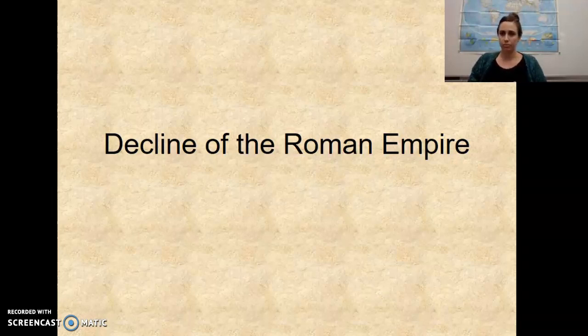As I go through the reasons why Rome fell, keep in mind, can you see it? This is silly putty. I know it looks like a big thing of gum. I swear, it's silly putty, okay? And we're going to keep this in mind as we look at the reasons for the decline